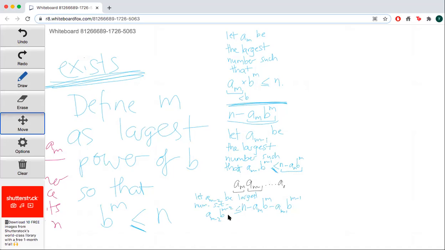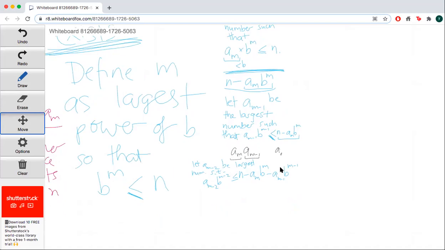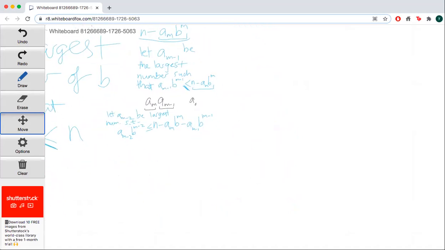So it's basically how many lots of b to the m minus 2 fit into my number without all its bigger components. And we basically just keep on doing this, dot, dot, dot, until you let a_0, the units, be the largest number such that,